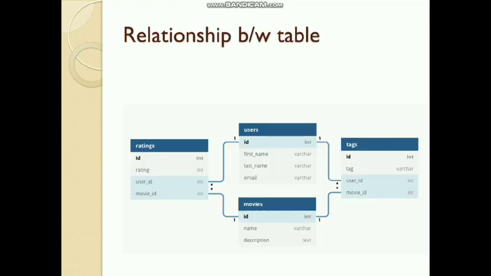Now here I will show you the relationship. What is the relationship? You can see that we have different tables, 1, 2, 3 and 4. These tables have different names: users, tags, movies, and rating. Every table has different data. Users has the details of the user, tags has IDs of the student users, movies has the name of the movies and description, and rating.